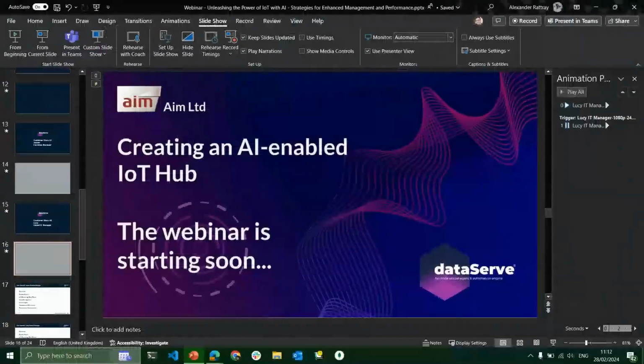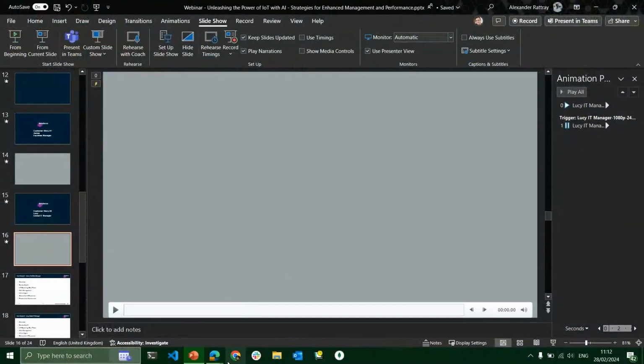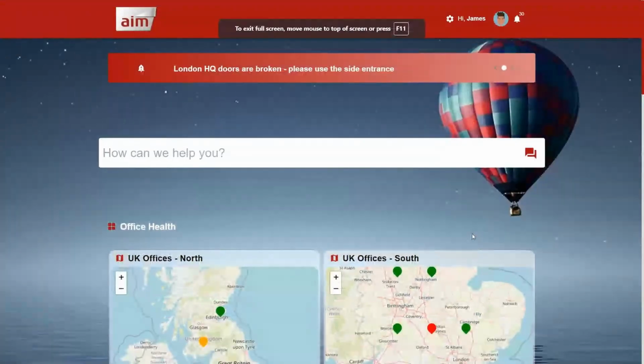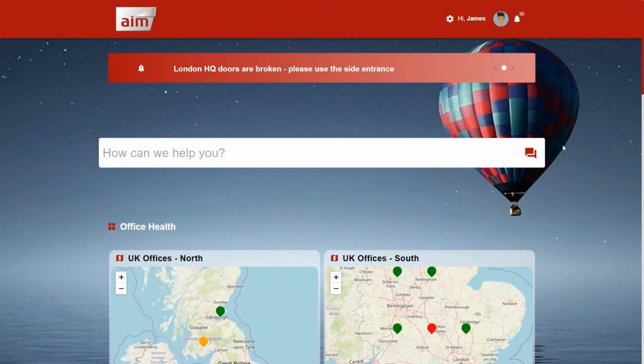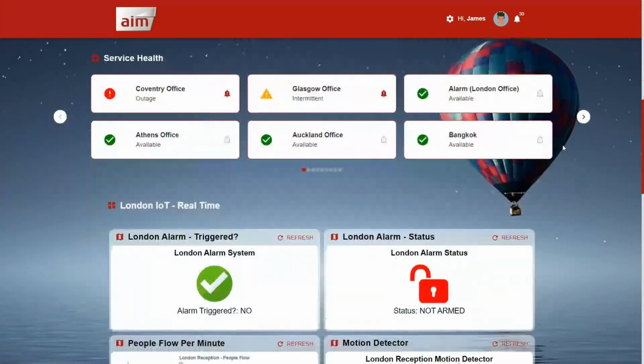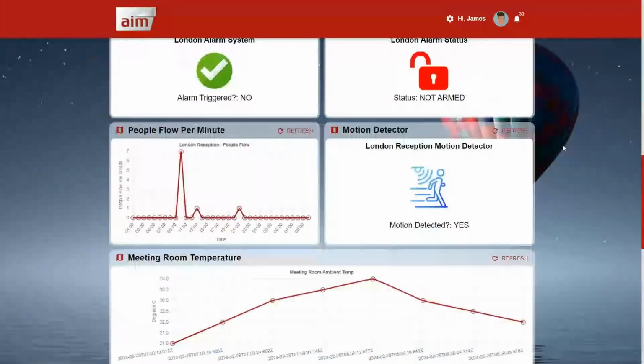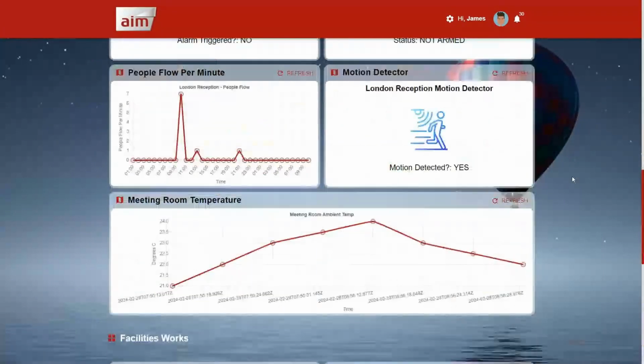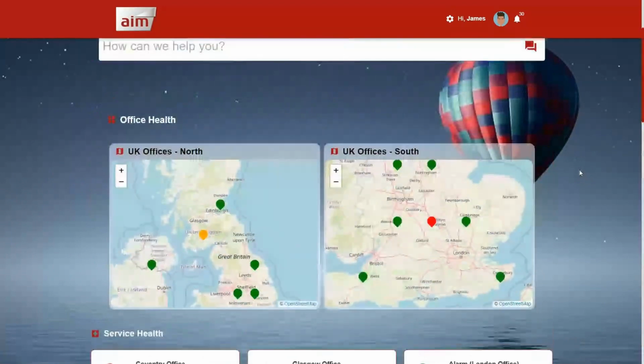So bear with me one second. I'm just going to exit the PowerPoint and move into the system for now, starting with James. And here what you'll see is the main page that James sees, and everything that he'll really be doing from this platform is here on this page. A quick overview shows you that it's all organized into different sections for him. This is all fully customizable.